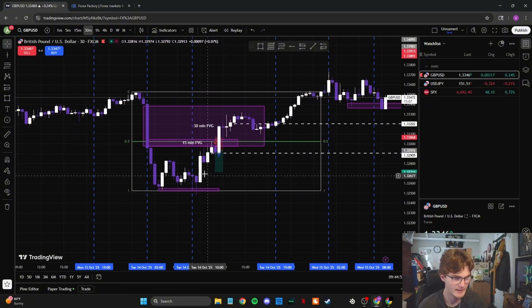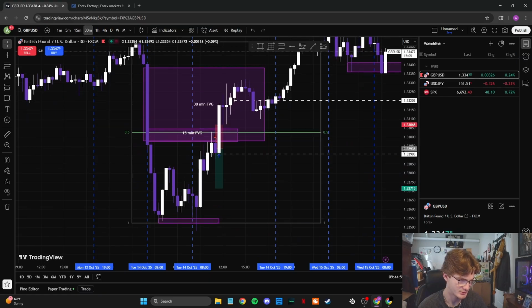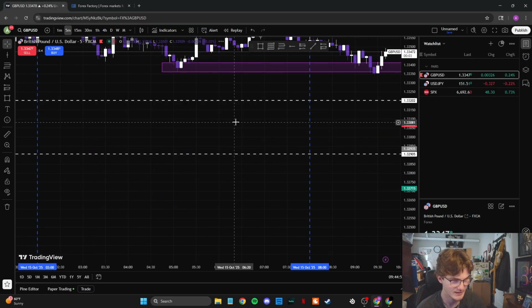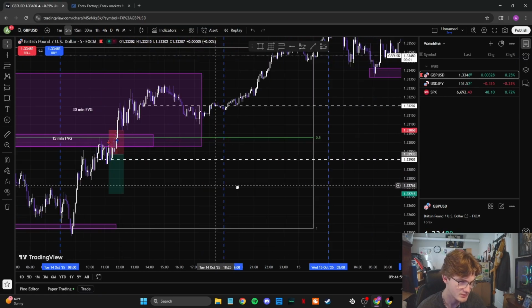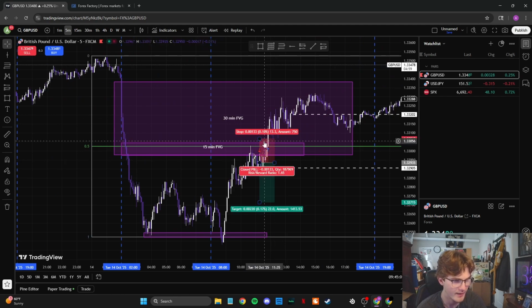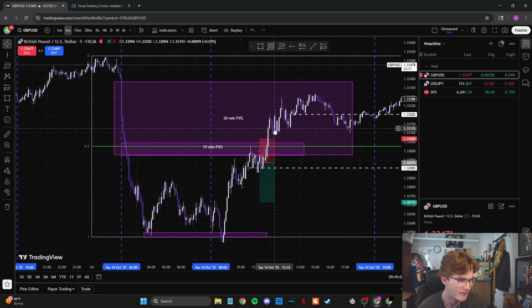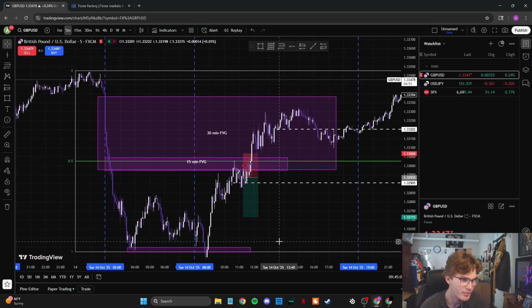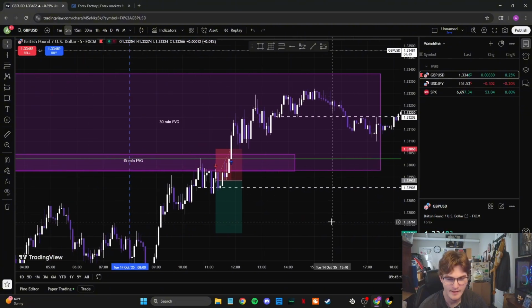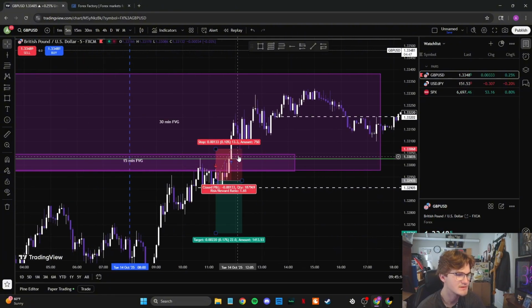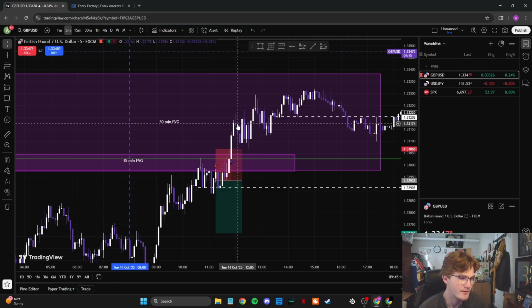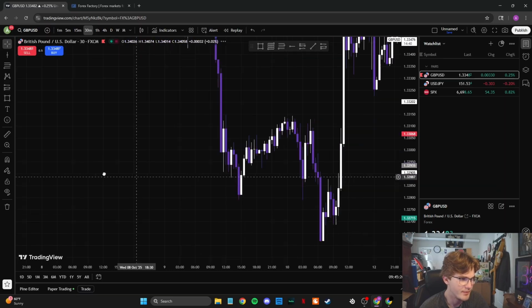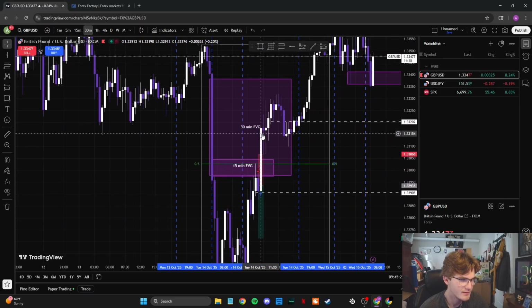Second of all, there wasn't even a high time frame break of structure, so I don't even know what I was getting in on. A 5-minute break of structure that ended up chopping up, and then news was getting ready to come out, and I was trying to rush this, thinking that I could get it in before news. Now it does get up here, and it wants to. It wants to twice on both the higher time frames.